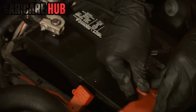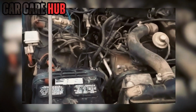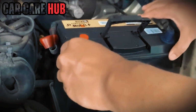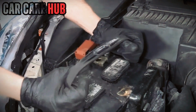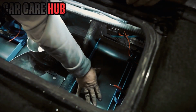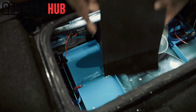Rusty tray, clean it up. Bent tray, straighten or replace it. On rough roads, add a quality rubber pad underneath for extra vibration protection. Skip the backyard hacks, no wood blocks, no foam scraps, no random metal. That's asking for trouble. But even a rock-solid mount won't save you from the next silent killer that drains batteries